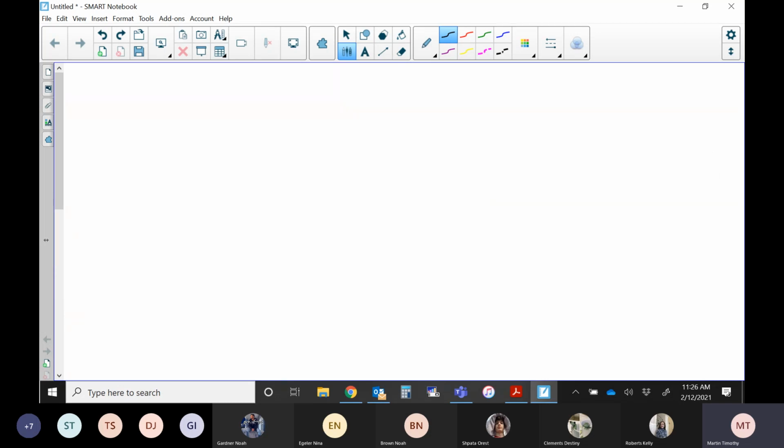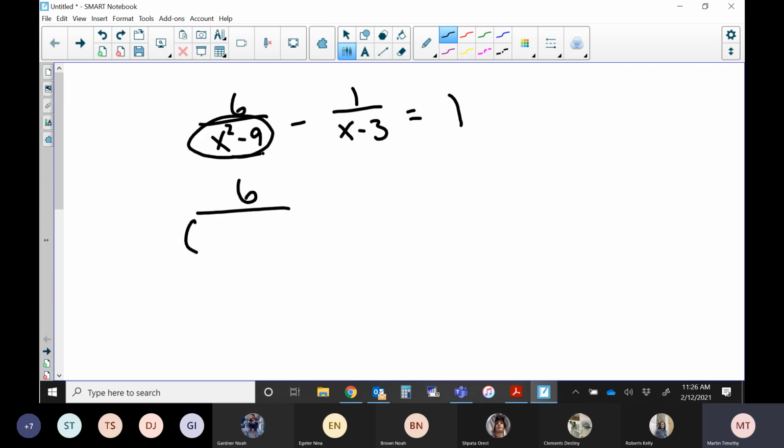Number 9. Now this one is different than every other one that we've done really so far, except for one, because this is now an equation. And when we have an equation, we're not going to make them have common denominators. Heck no, we're going to get rid of the denominators. And the way we get rid of that is by multiplying by the least common denominator. So I got to factor this guy, difference of squares,